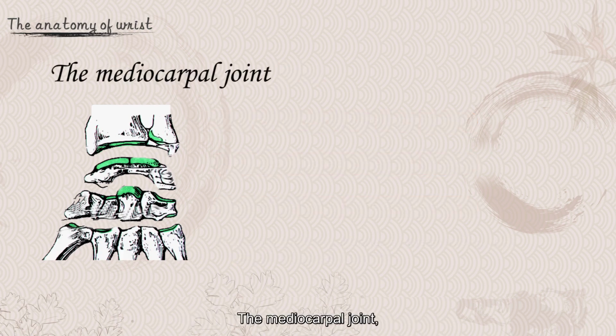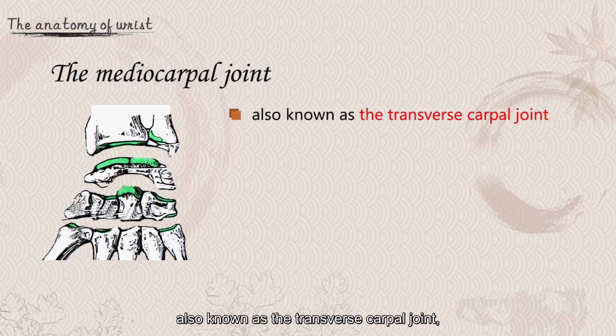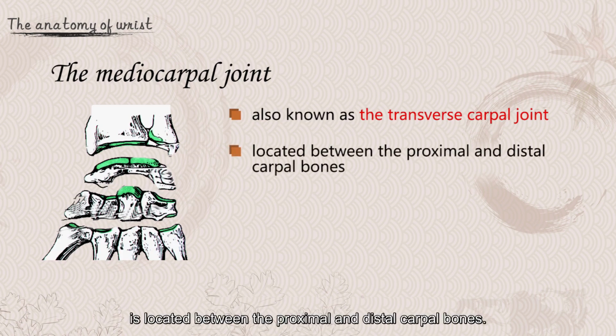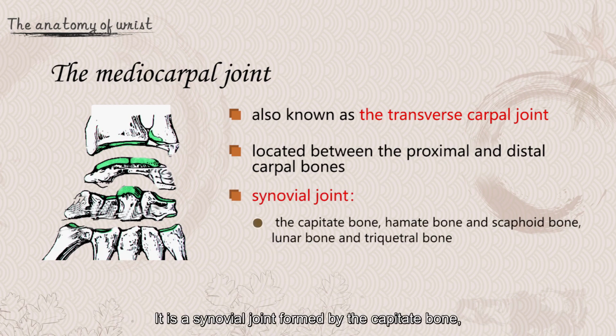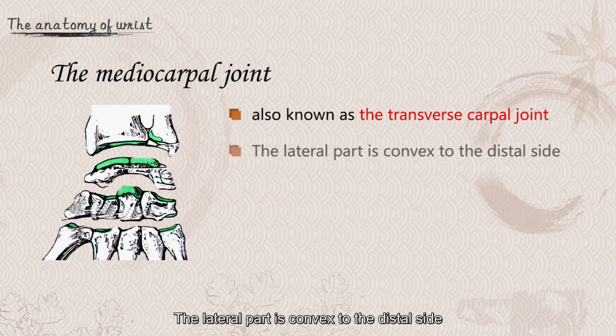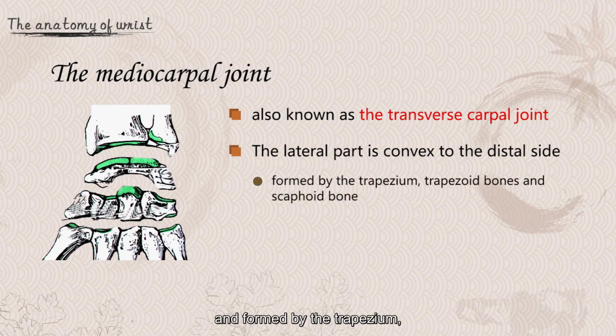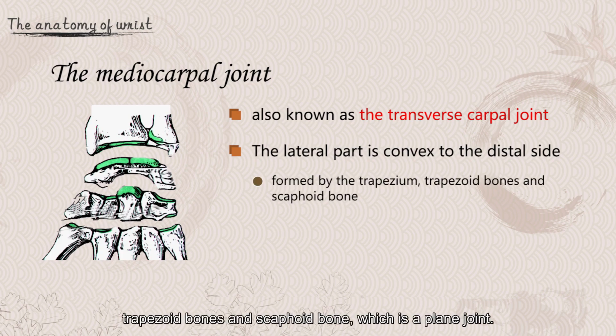The medial carpal joint, also known as the transverse carpal joint, is located between the proximal and distal carpal bones. It is a synovial joint formed by the capitate bone, hamate bone, scaphoid bone, lunate bone, and triquetral bone. The lateral part is convex to the distal side and formed by the trapezium, trapezoid bones, and scaphoid bone,